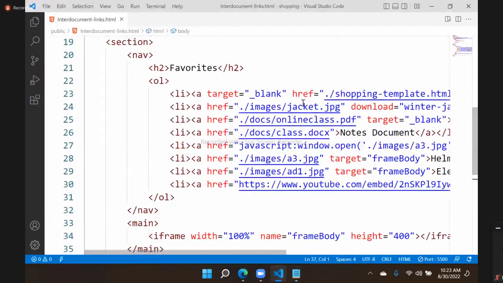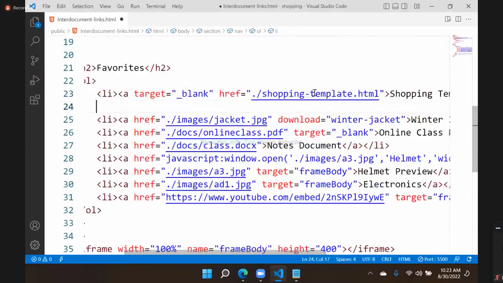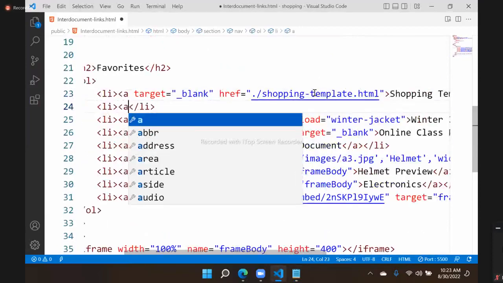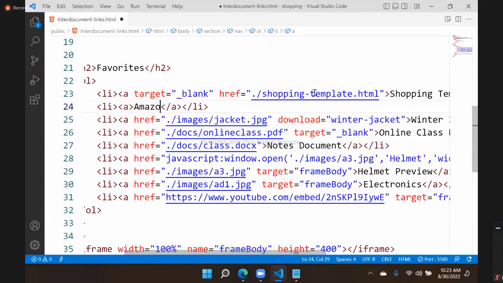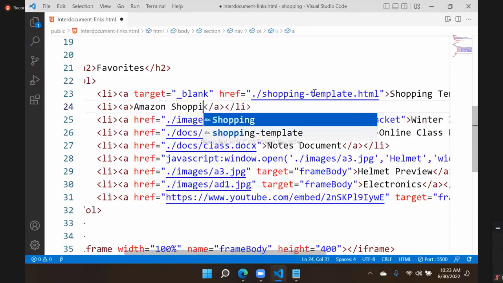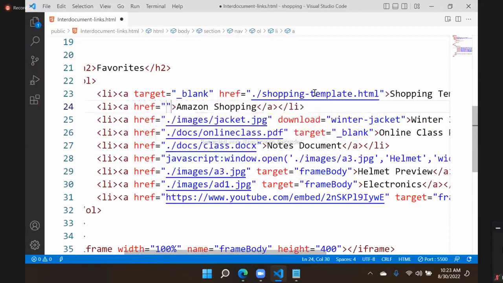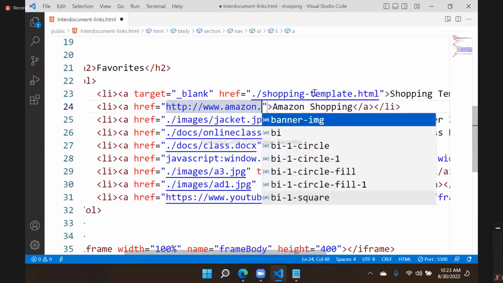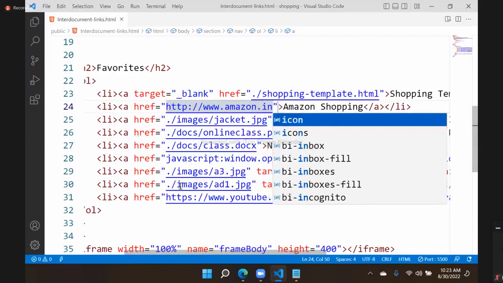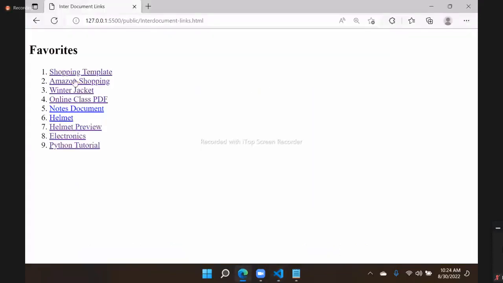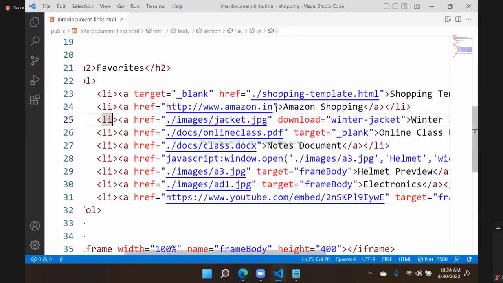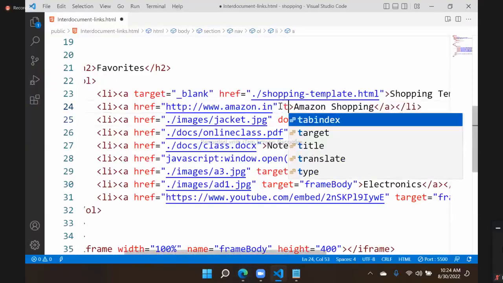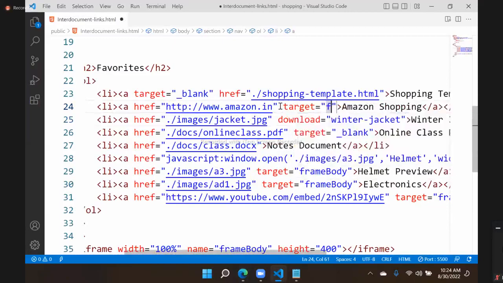Now you see here, this is shopping, and here I'm adding a list item anchor. Suppose Amazon shopping. Now the user should navigate to Amazon. Href is equal to http://www.amazon.in. This is nothing but navigating to any URL. But remember, if I try to open this with target equal to frame body,